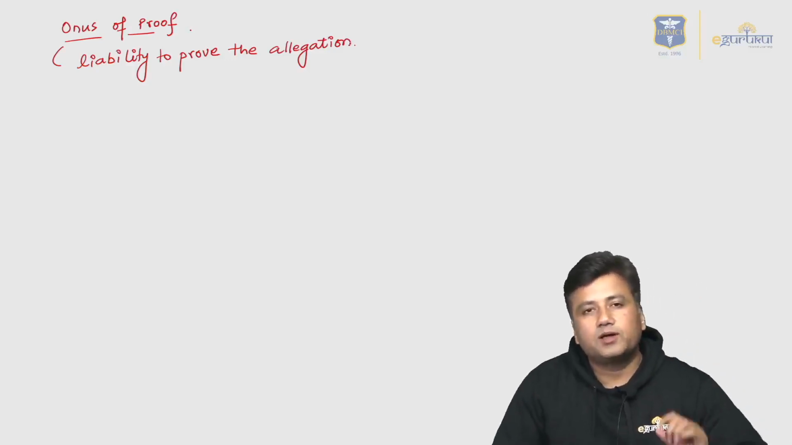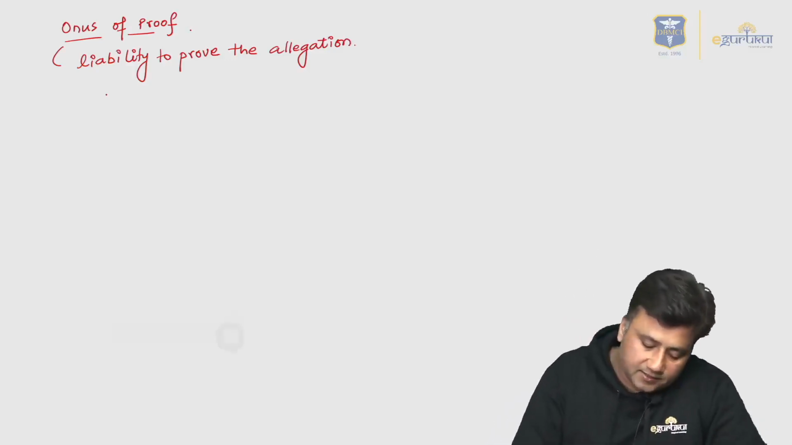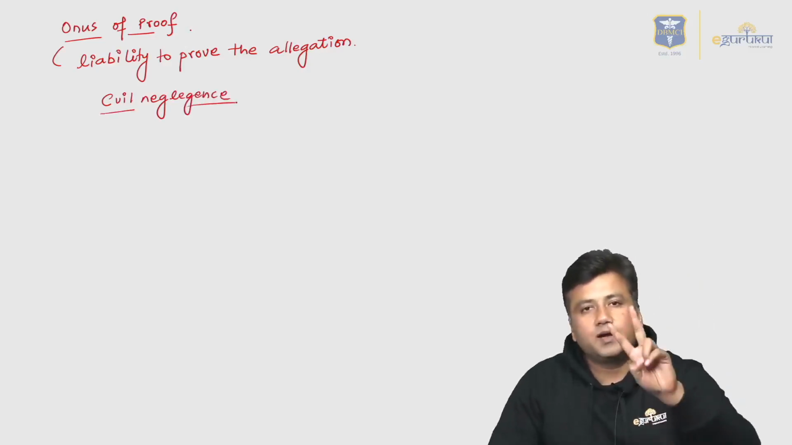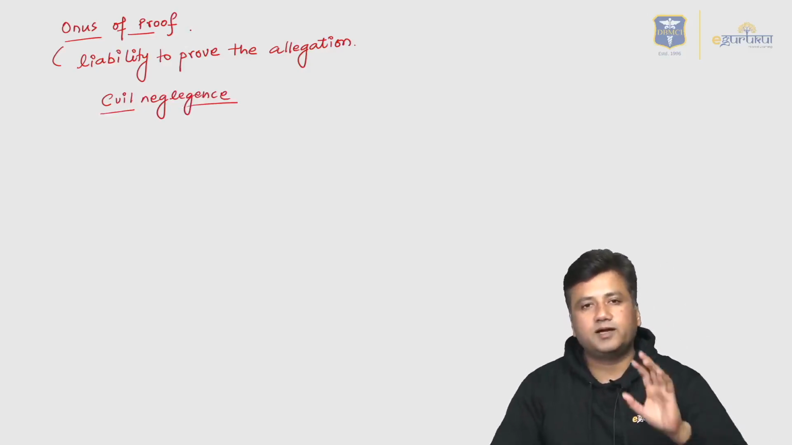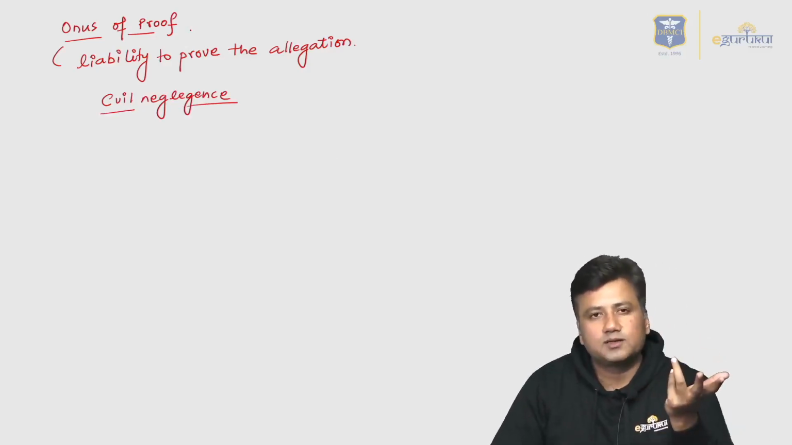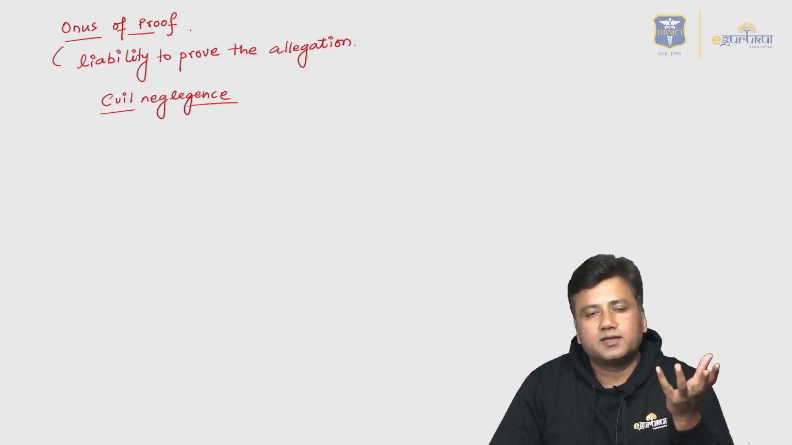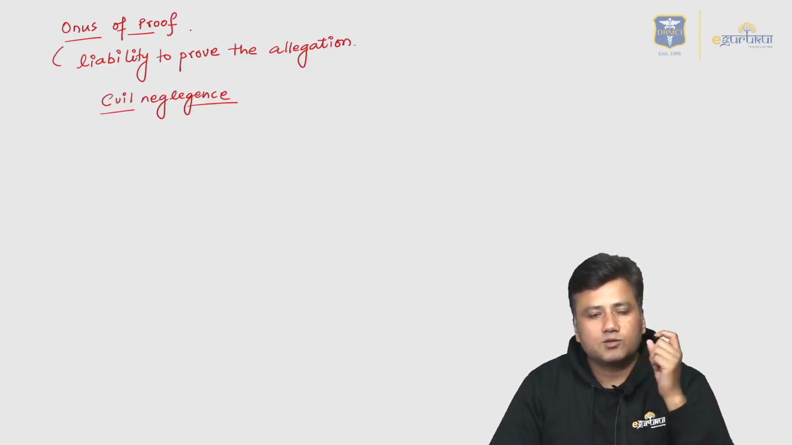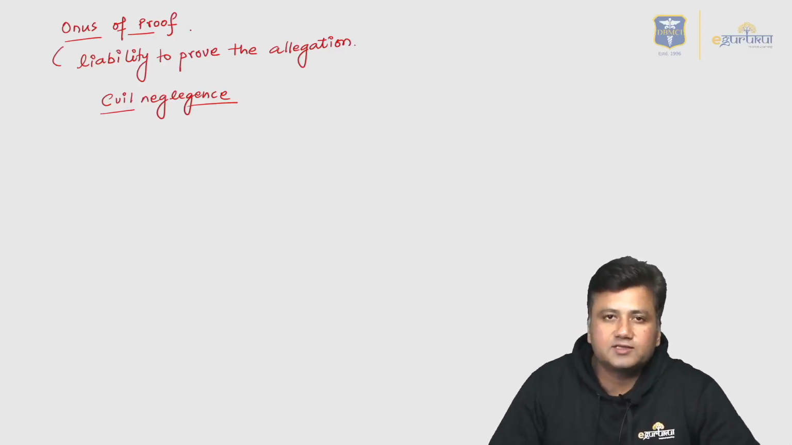Okay, now in a case of civil negligence, there are two parties. In fact, in any civil case there have to be two parties. Also in a criminal case there have to be two parties. If there are no two parties, the law cannot act, the court has no reason to intervene. So in a case of civil negligence, the two parties are